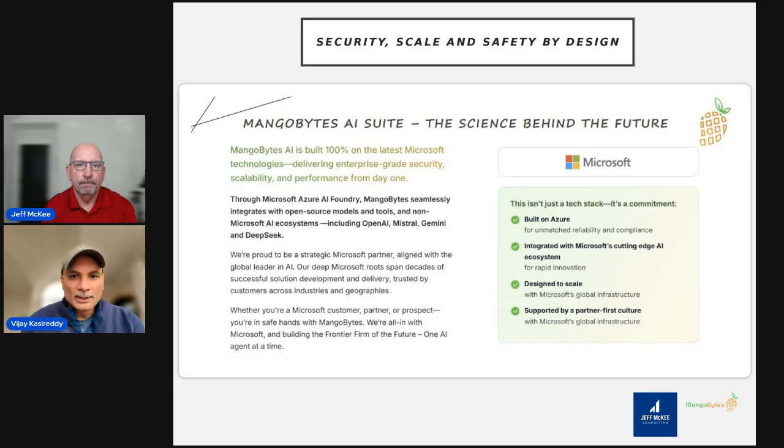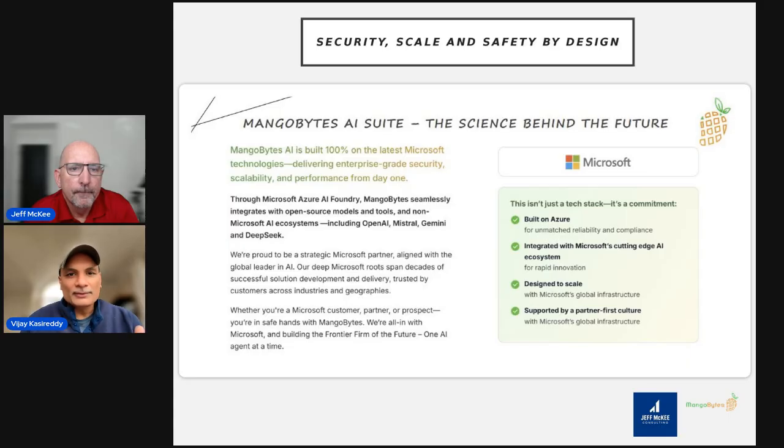At MangoBytes, we work with enterprises in the upstream oil and gas and the energy and renewables industries. All these enterprises are heavily regulated and operationally complex environments.